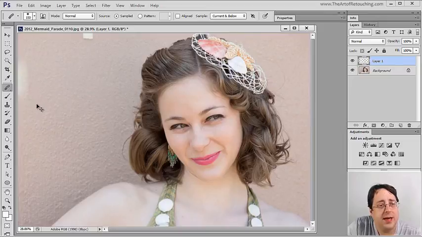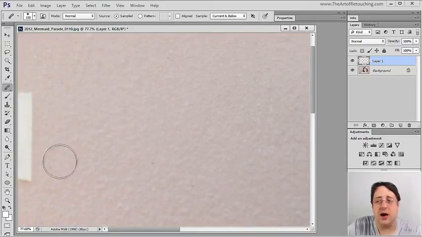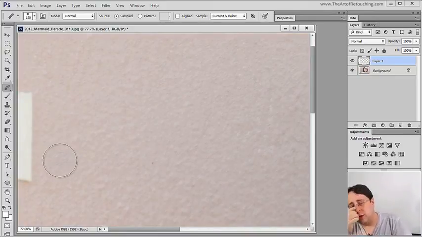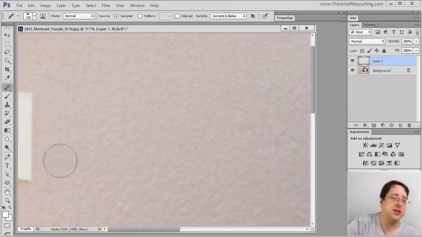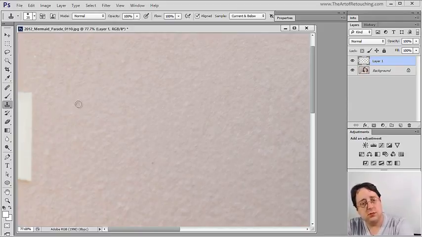see what happened? It didn't actually get rid of it. It kind of left the color behind. Notice that the texture changed, but the color kind of bled out. So there's times for one as opposed to the other. So in this case, you're better off going with the clone stamp and doing